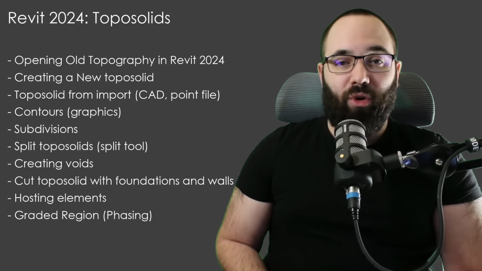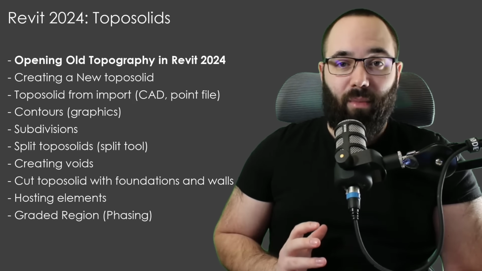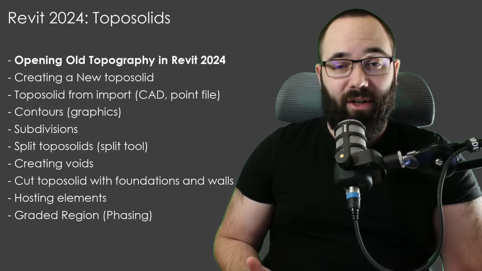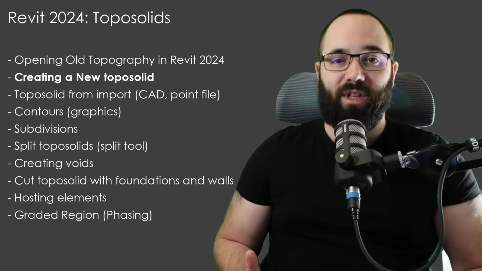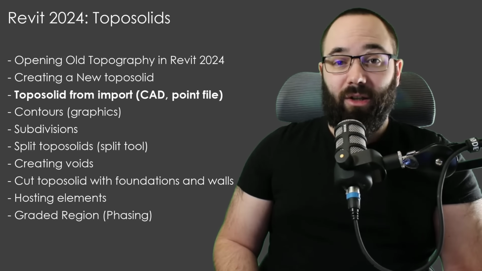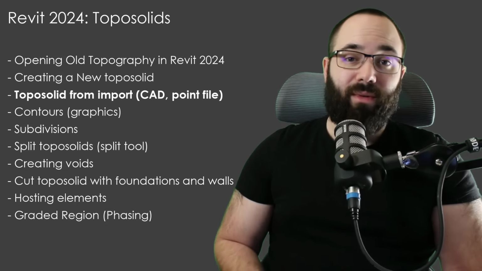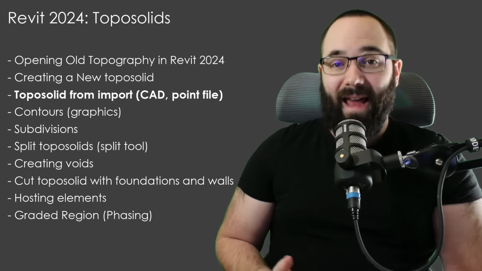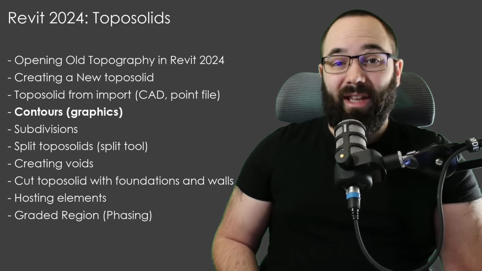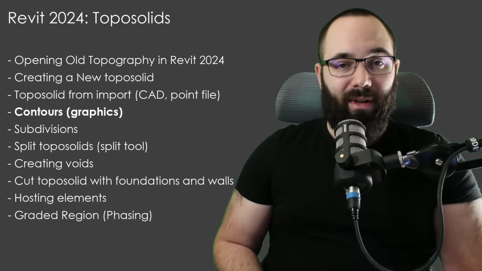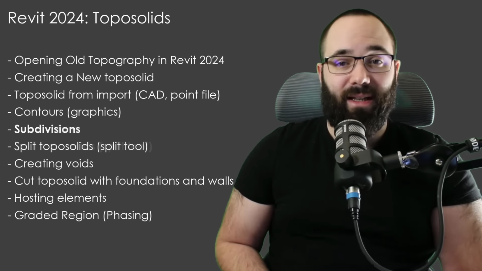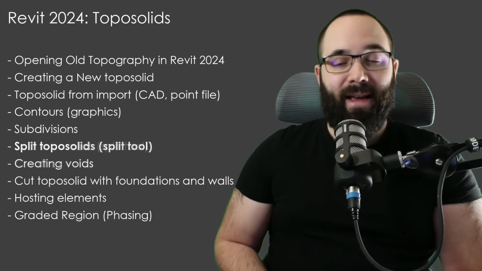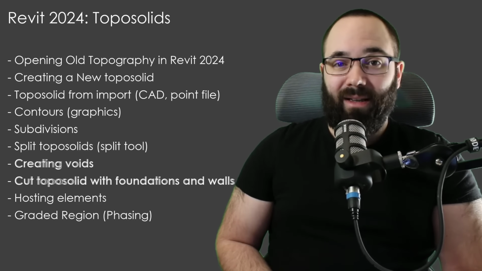So we're going to be exploring how to convert old topography into new Revit Toposolids. We're going to be talking about how to create a new Toposolid from scratch, how to create a Toposolid from an import, so either a CAD file or an Excel spreadsheet, how to set everything up, most importantly the contour lines, how to create subdivisions and alternatives to subdivisions like splitting Toposolids, how to create voids, how to cut topography